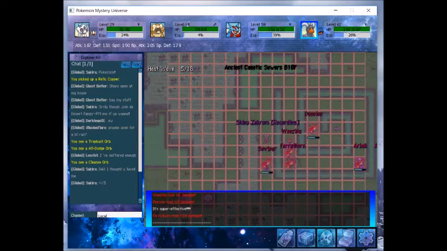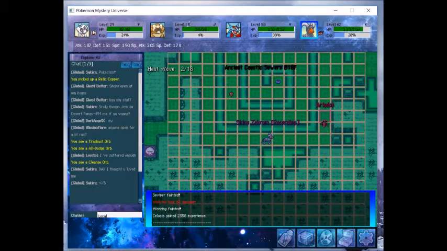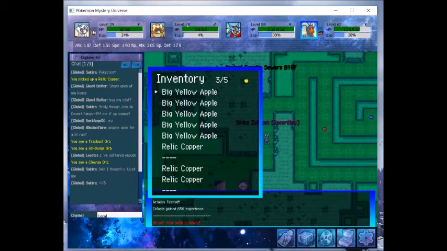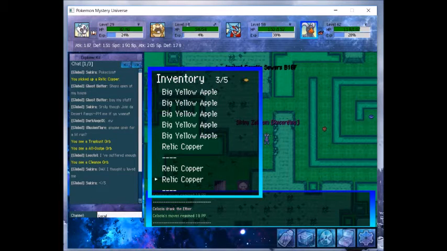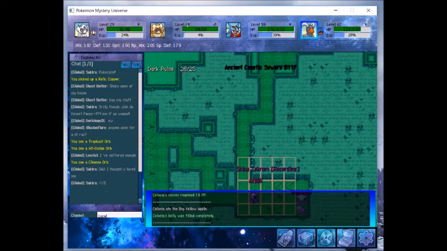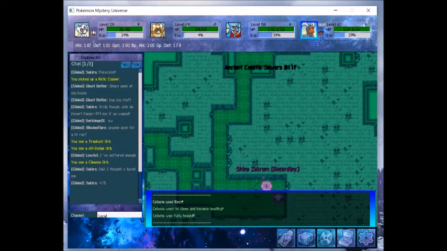Let's see if we can kill some of this stuff here. Oh, nice. 2,358. And our belly's empty. Let's have a couple of these ethers for PP, and then we will take some big yellow apple. Alright. Just gotta keep going. You don't want to die. Rest up and...